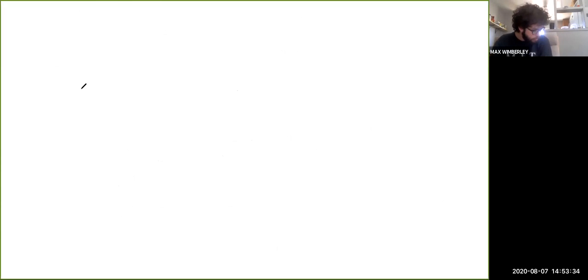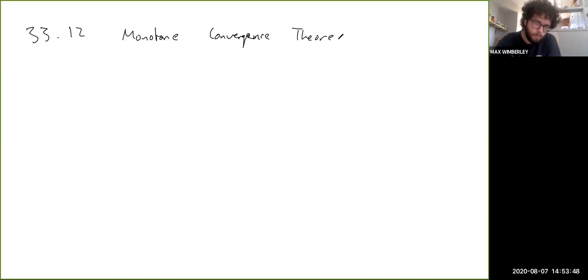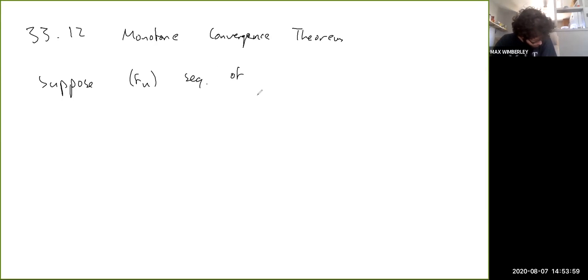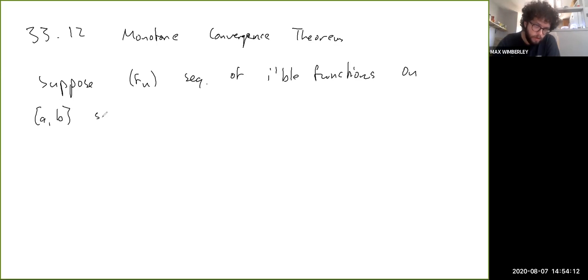There's another kind of related result, which is the monotone convergence theorem. So this is 33.12. Suppose fn is a sequence of integrable functions on AB such that f1 of x less than or equal to f2 of x less than or equal to so on, for all x in AB,